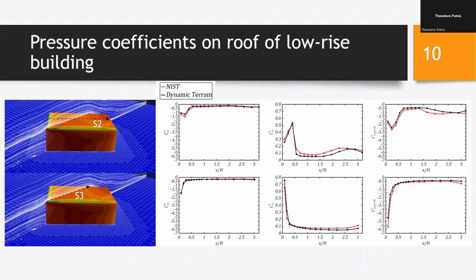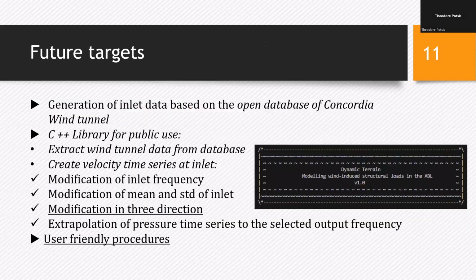I should mention here that this is a very coarse computational domain, around 3.5 million elements. And if we look at the state of the art, we see that in order to capture this accuracy of the pressures, more complex techniques are needed, and of course, a lot finer computational domains, especially for this perpendicular wind direction. Now, this is a work under development, of course, so I'm going to mention everything from now on as